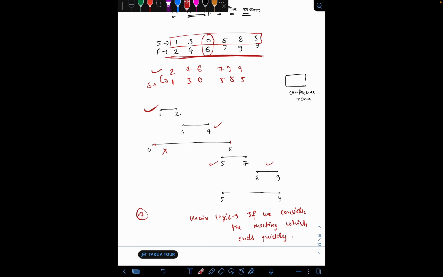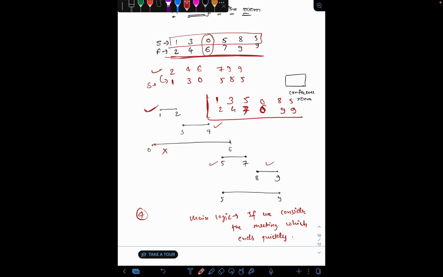But consider if the finish times are like 7 9 9 and so on, with starting times 1 3 5 0 and 8 5.